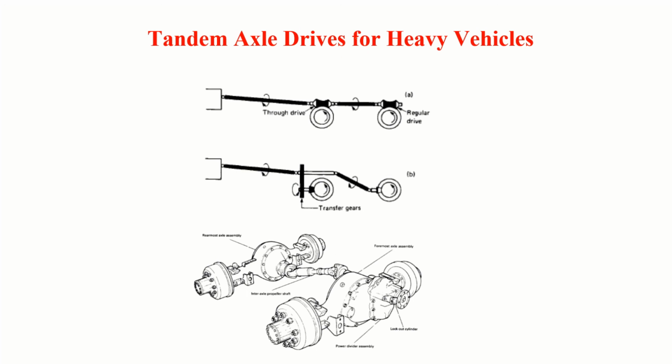These are some of the designs of the drive lines for heavy vehicles. You can see here you have the transmission, then you have the drive shaft, then you are driving this axle. Also it's connected and driving this axle. So this is how we can do multi-axle drive; this is one of the designs, and this is another possible design.